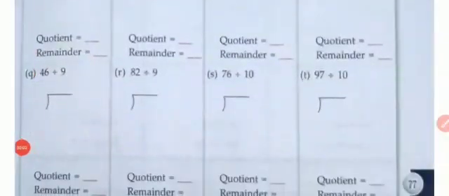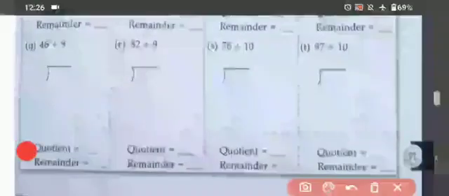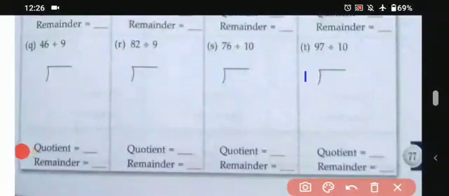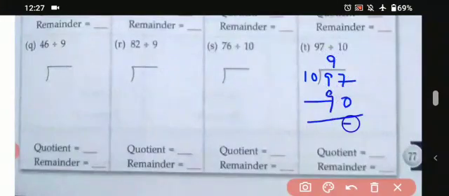So students, now we'll go for another question. That is 97 divided by 10. So here we will be writing like this. So does 97 come in the 10 table? No, students, 97 doesn't come. So we'll be finding out the smaller number, that is 90. That comes 9 times. We'll be writing here 90. And we'll do the minus, 97 minus 90, that comes 7. So the quotient is 9 and the remainder is 7. So we have to write it down like this.